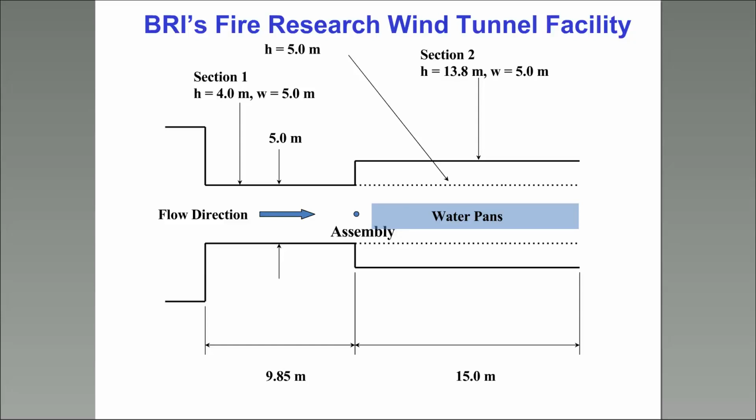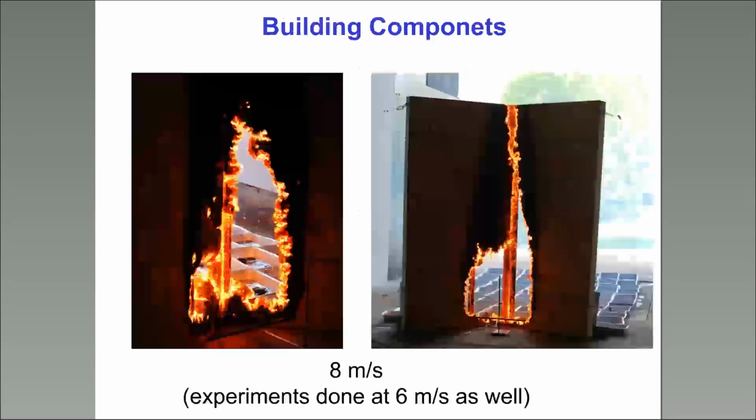Once again, we did these experiments in the full-scale wind tunnel in Japan. Here's a layout, and we had a whole array of water pans here. And these are the kind of images you generate. So what we did is we developed an ignition methodology using a burner, and we ignited these walls, and under the wind, basically, we collected the firebrands. And you can see very interesting pictures that are developed and the actual detailed generation process of the firebrands from